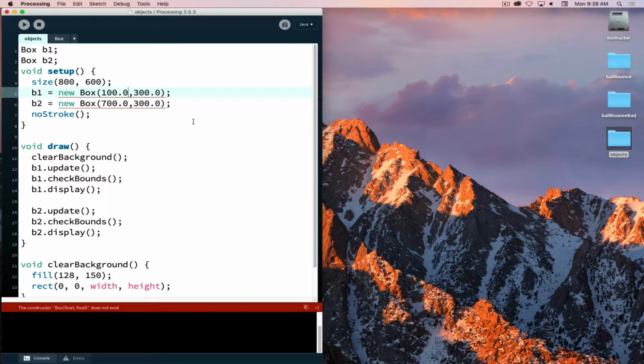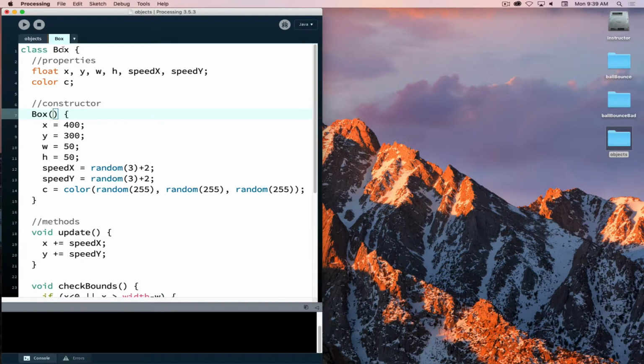Now an integer is a float, but a float is not an integer, because 100.0 is the same as 100 as far as floats are concerned, so you don't have to add that if you're using the whole number. But here, x and y, the values I'm passing in, are indeed floats. So I would have to say float